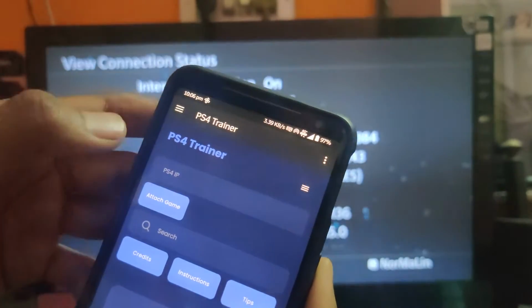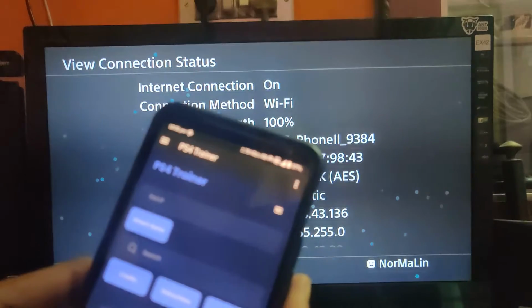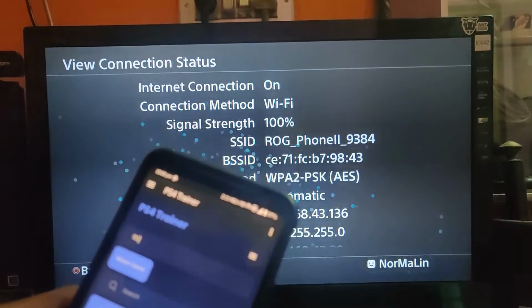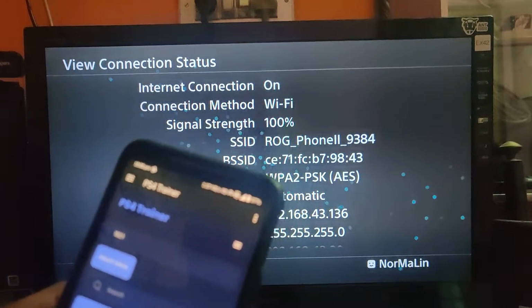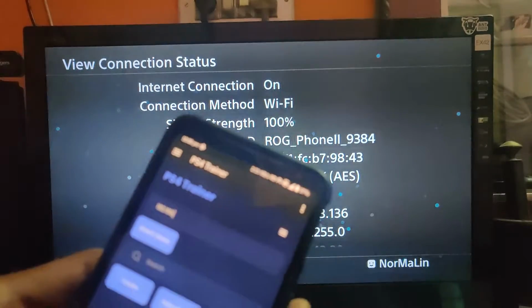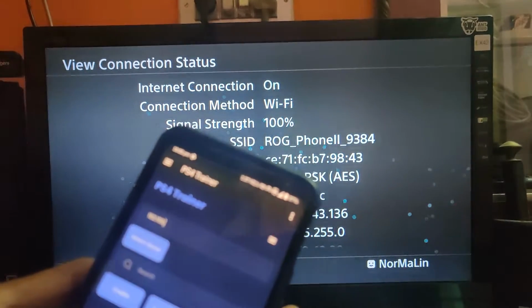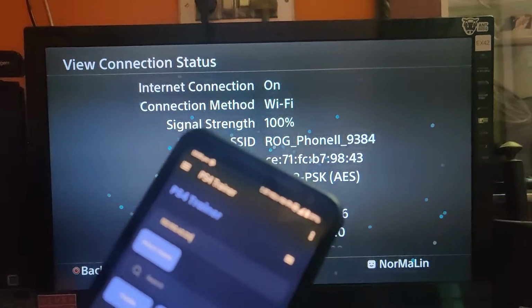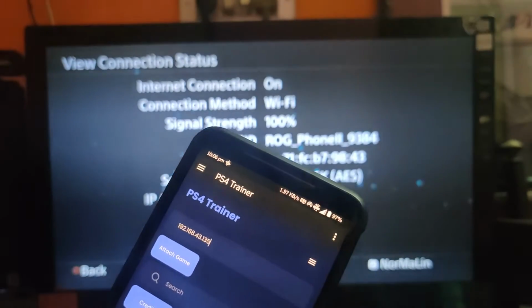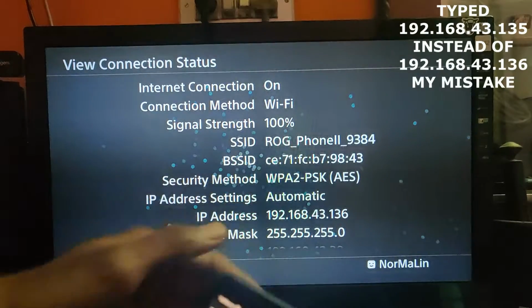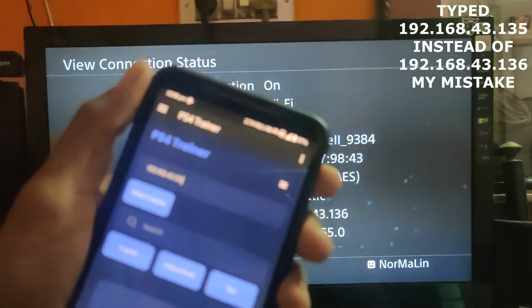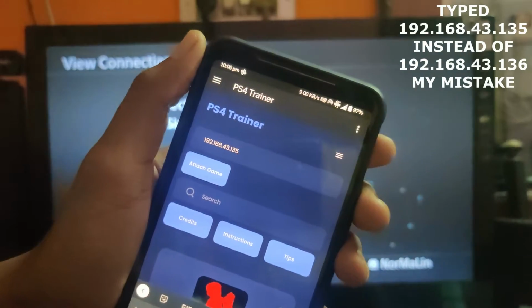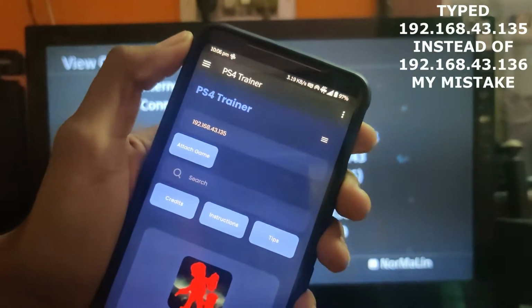Note down the IP on the PS4 IP, 192.68.6. Now it's the same IP which I have entered. Now click on attach.